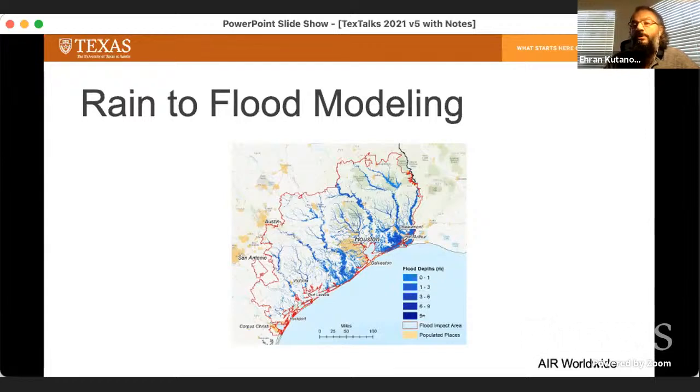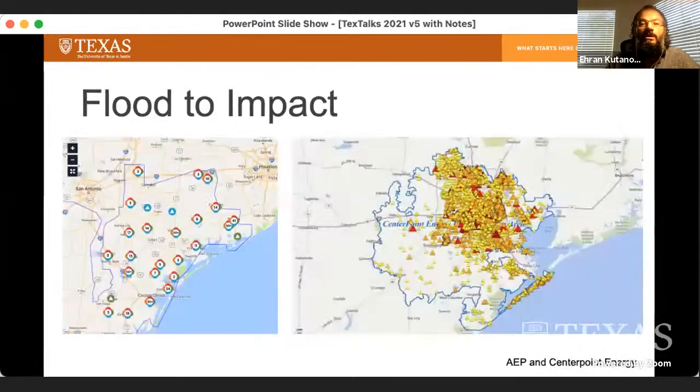This is just one example, right? So if you feed the rain data into a flood model, then it will give you basically where it's going to flood, right? Which is nice, and you can do this on an event-specific basis, right? But then that's not even enough, I argue, because then you really have to look at the impact